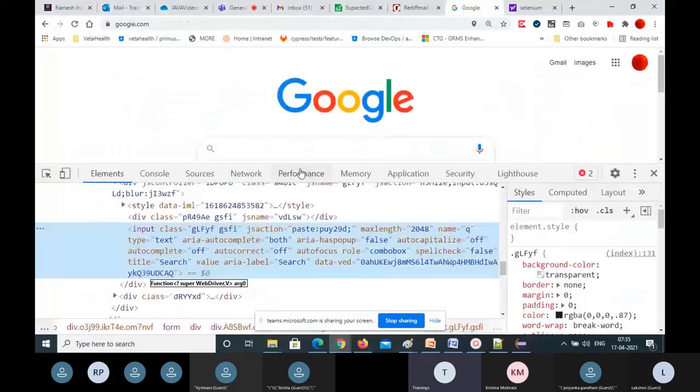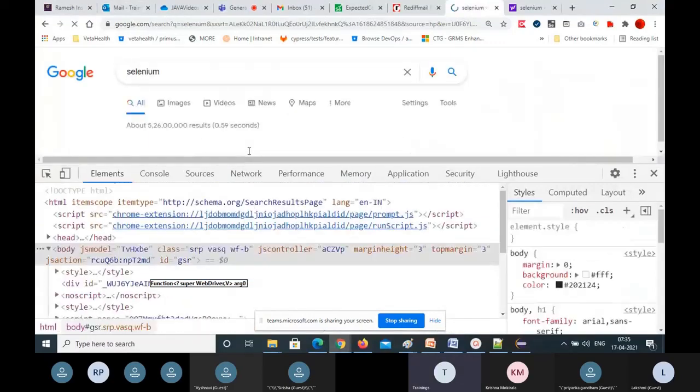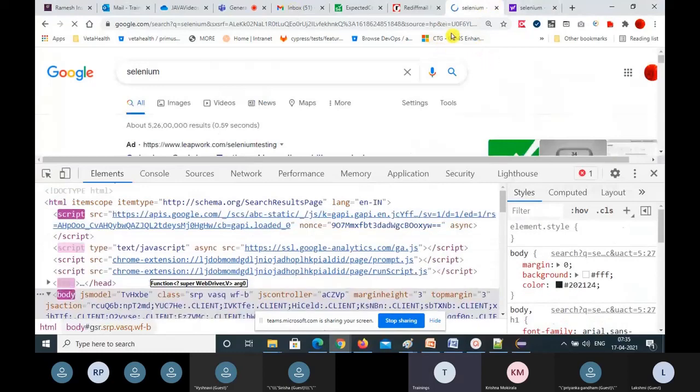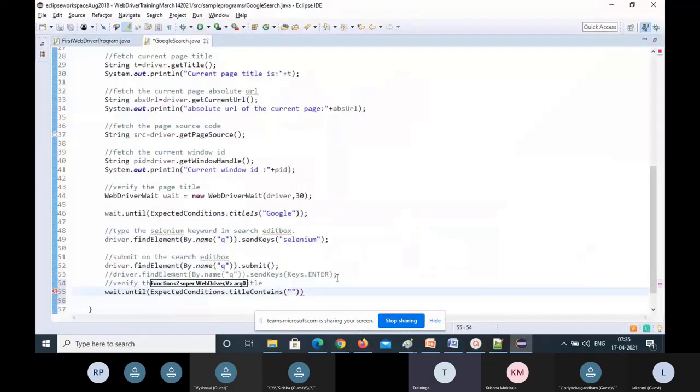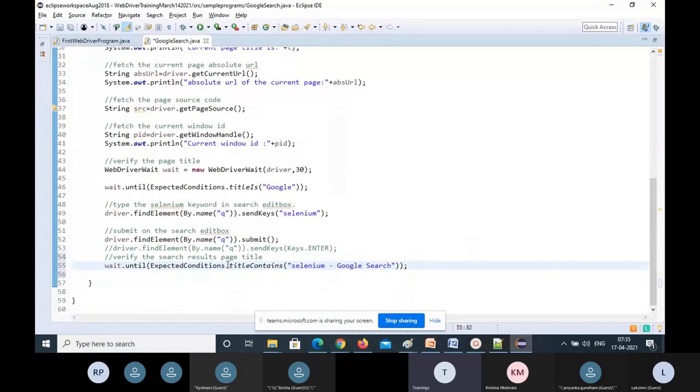How can you verify the page title? You go here and type Selenium. You also do this manually while designing the test cases. So this page title I need to verify. I can go to the head tag, copy this and give it there. You can give a partial title, but I am giving the complete title. Either you can call title_is or title_contains, it's up to you, but I am calling title_contains. So WebDriver will wait until this page title appears.